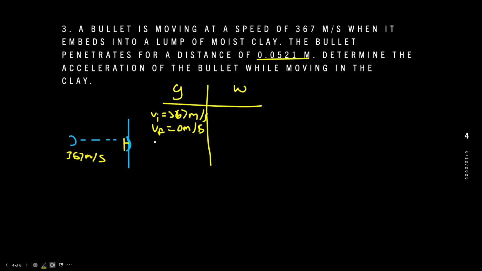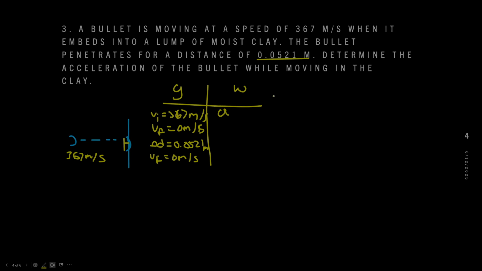Then its displacement when it hits the wall is 0.0521 meters. And we want to find the acceleration. So unlike the other two problems, the equation that we need to use for this problem